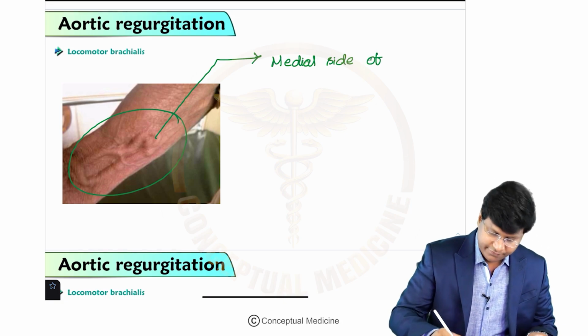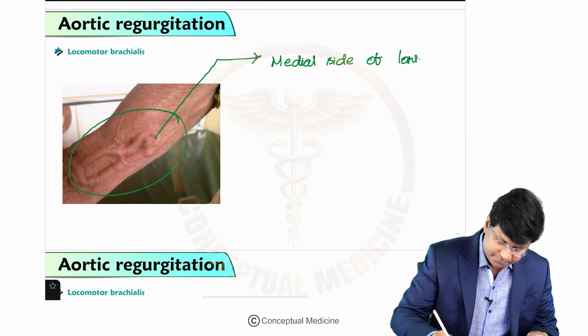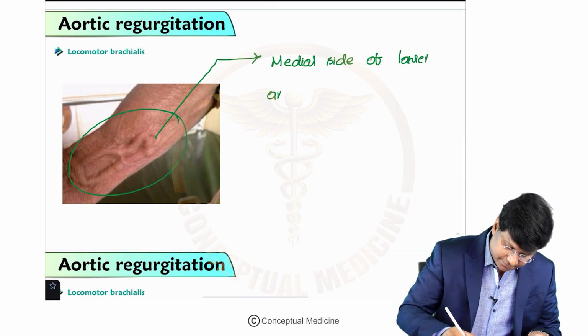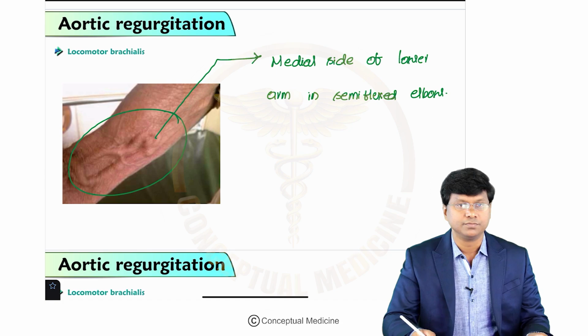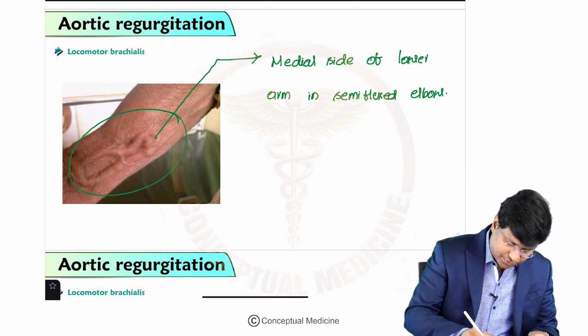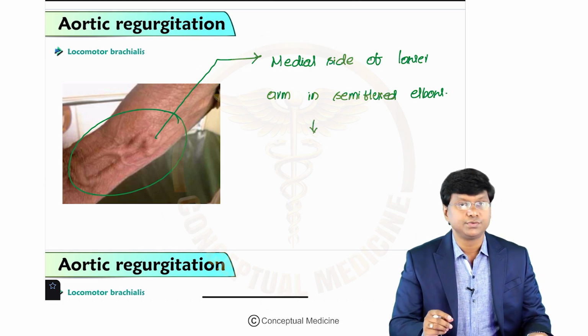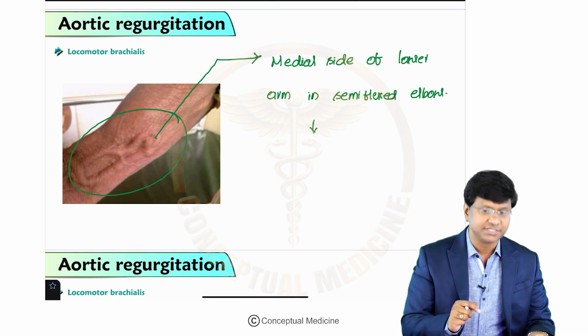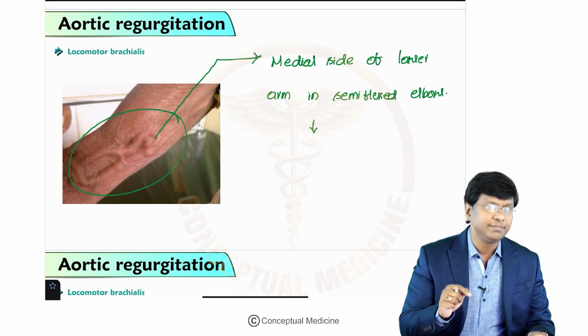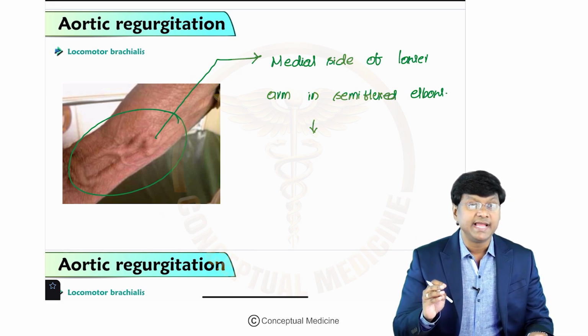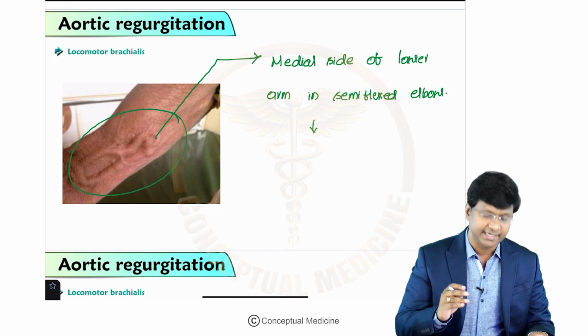Right, medial side of lower arm in semi-flexed elbow. Okay, so you need to know that whenever you observe the medial side of the lower arm in semi-flexed elbow, you will be able to make out the tortuous and highly pulsatile brachial artery. See, this is your